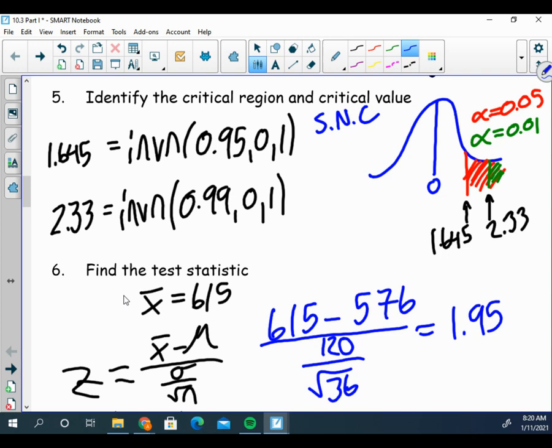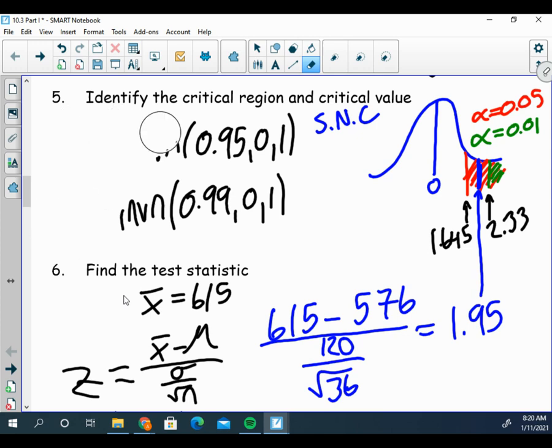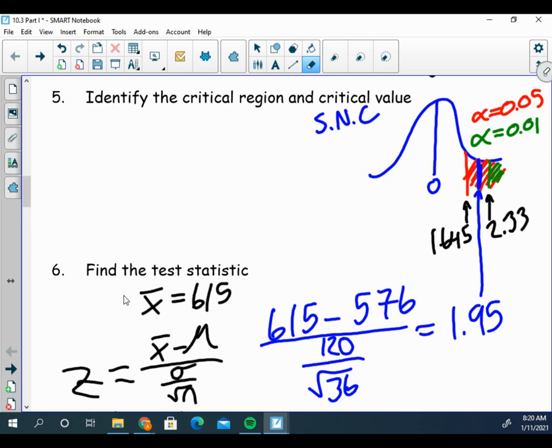And again, what does that mean? I think that's where the visual is helpful. Well, we're going to see 2.33 was this cutoff for green. 1.645 was the one in red. Our value is going to fall somewhere right in the middle there, actually pretty much smack in the middle of those two. And then again, because I think the visual is helpful, I'm not going to scroll down, but the bottom two steps would be 7 and 8. So when you see this visual, what you should be thinking in your brain is, if I do them one at a time,